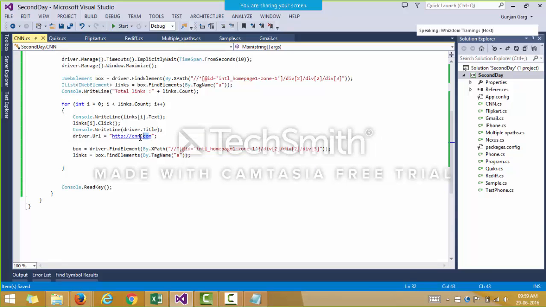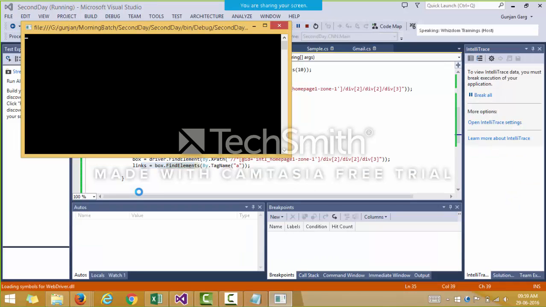So when we come back to the cnn.com website, it will extract the box again, and then inside the box we will extract the links. Okay, so now I run my code again.